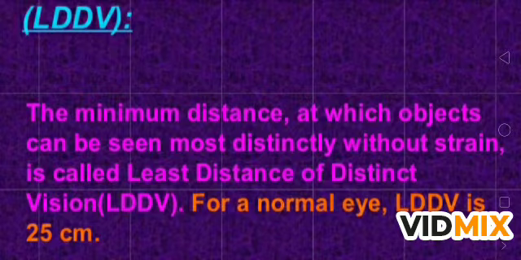So we can say that there is some defect. In that defect, the normal least distance changes, it becomes farther or closer. This will be discussed in the coming videos, the defects of the eye. Till here, the least distance of distinct vision we have discussed, it is 25 centimeter for the normal eye, and is denoted by the capital letter D. So capital D is the symbol for least distance of distinct vision.